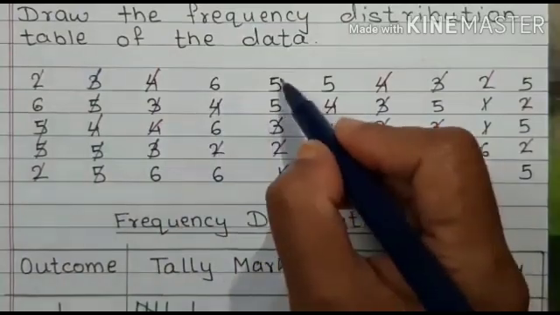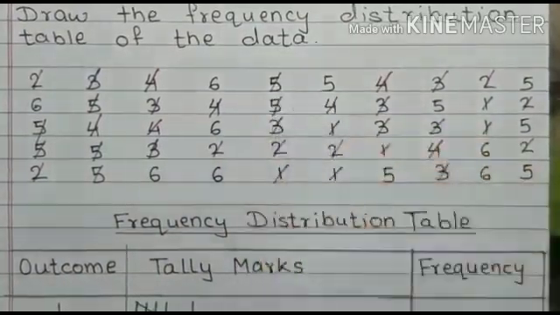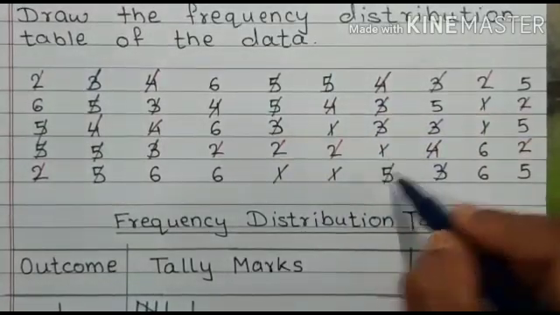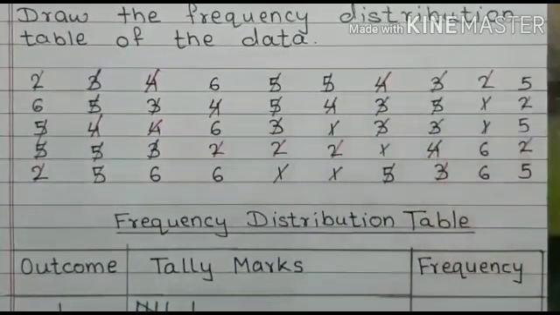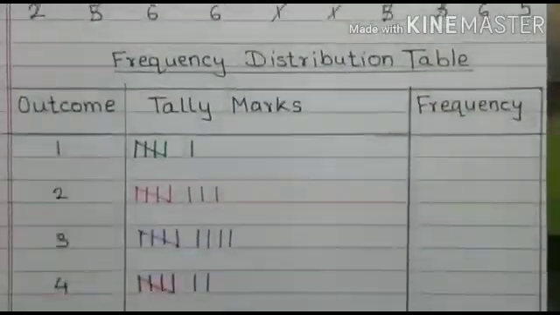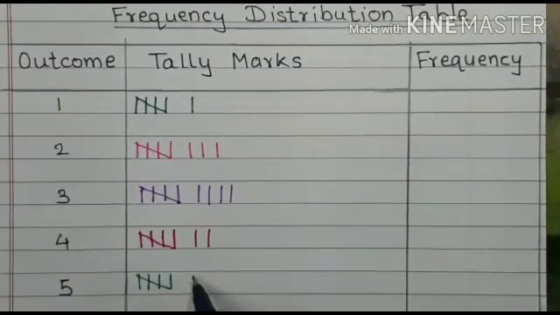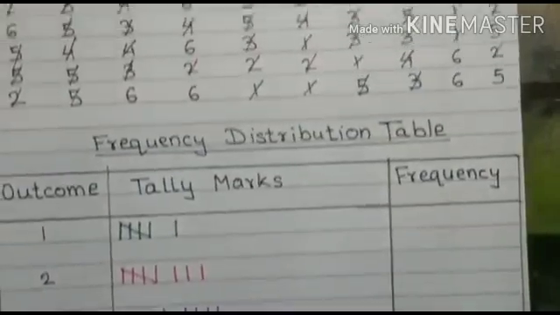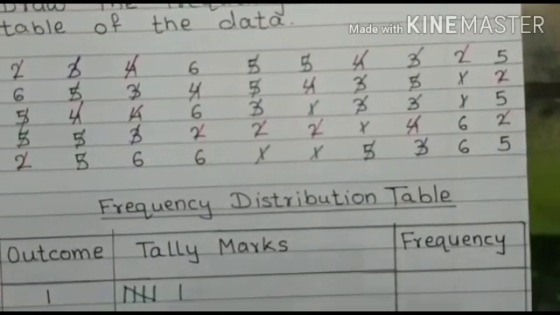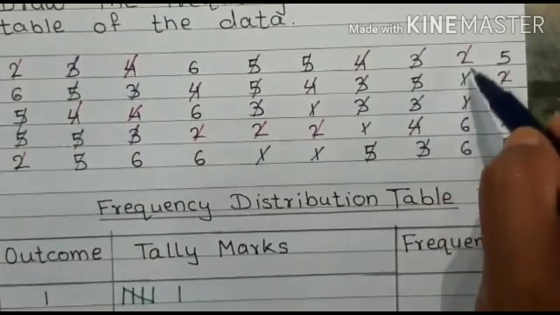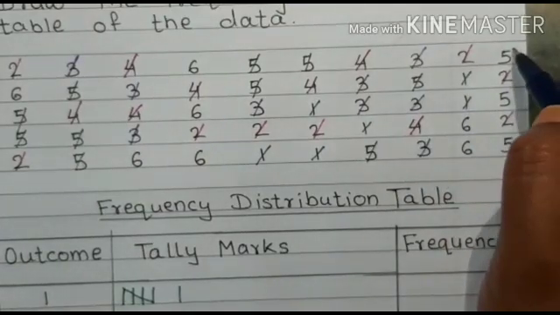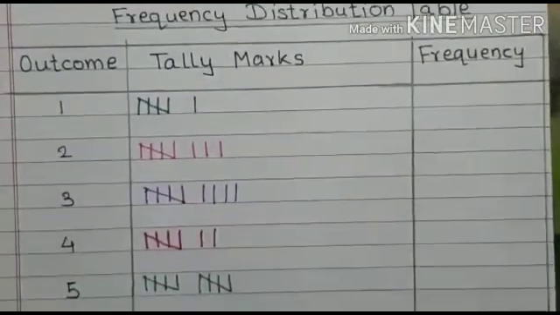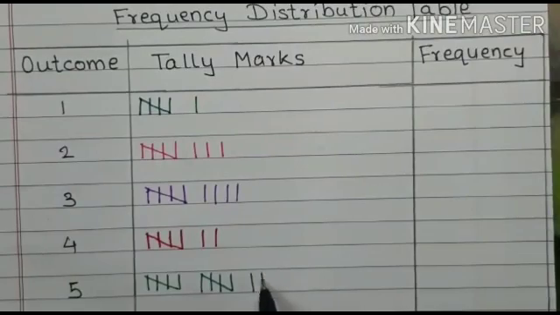This column. Then 6, 7, 8, 9 and 10. Another set of 5 I am writing. 6, 7, 8, 9 and 10. Still in my data, few values are remaining. I was here. 11, 12 and 13. So these 3 loose lines I have to give here. 1, 2 and 3.